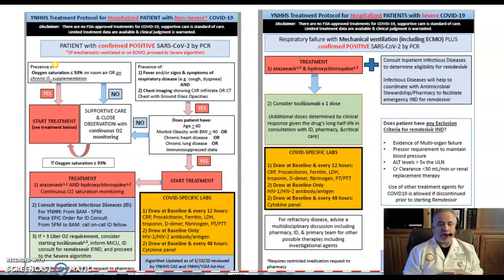And then you're going to follow the patient. If you realize that the patient is requiring more than 3 liters of oxygen flow to maintain his saturation, then that's the patient who is deteriorating. And that's a patient who needs to be on the right side of the screen, which is the treatment of severe COVID pneumonia. Obviously, you're going to try to follow the guidelines here that they put in terms of laboratory